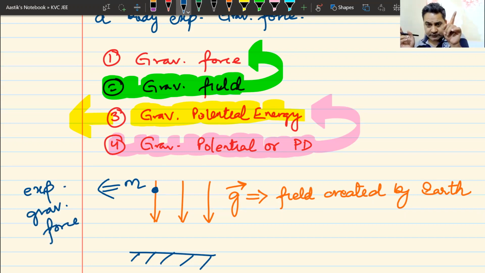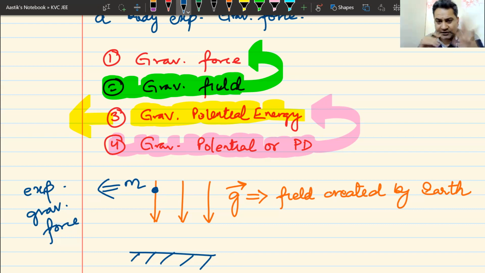Field creates force. Field is always there. See, I can see infinite points in this space. This space has gravitational field. Not all the points have blocks or bodies there. I can see a lot of vacant space, but the gravitational field is always there. If I put blocks at any of the points in this room, they will start to experience gravitational force. So all those points are points in the field. Do we understand this concept of gravitational force being created by gravitational field?